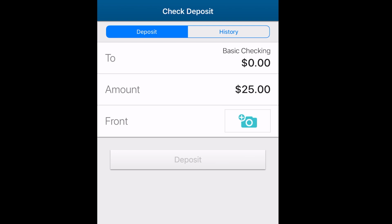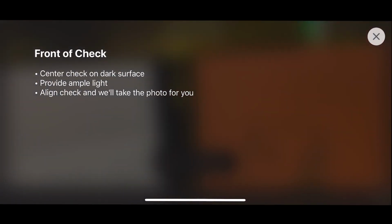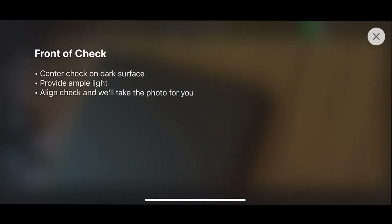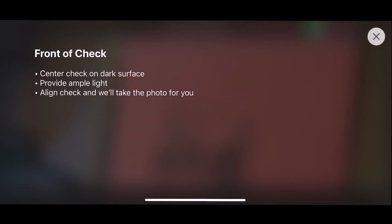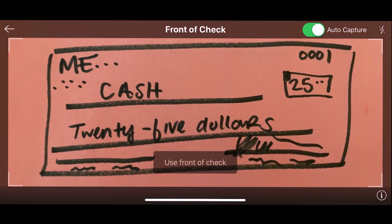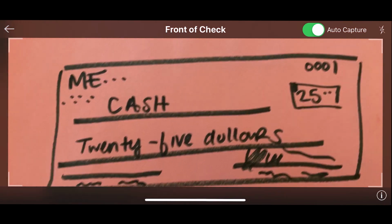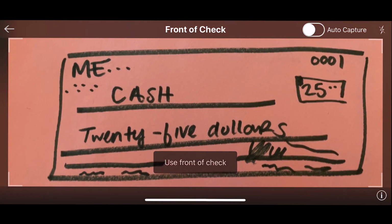You'll then be prompted to take a picture of the front of the check. So you will want to make sure that you have a contrast like a dark table and good lighting. You can use the auto capture. This might not recognize that I have a real check, so I'm going to turn off auto capture